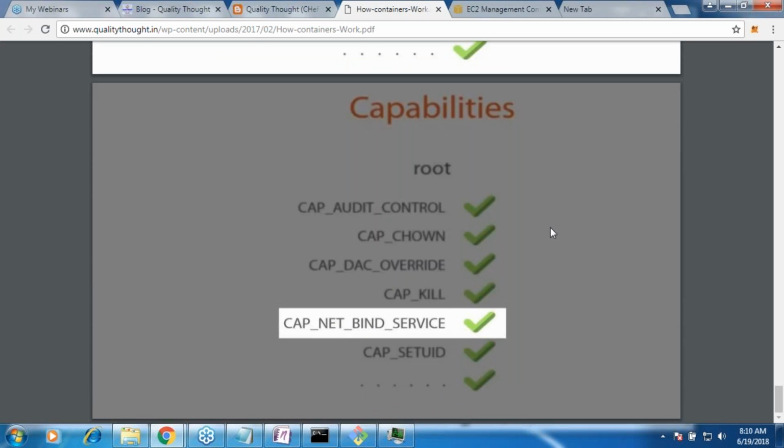You get only the capability of network binding service, not the other stuff. So you don't give sudos, but rather you give capabilities. This is not something which we do. This is something which the Docker engine gives to processes. It will not give all the sudo permissions. It will give capabilities. A capability is a specialized area where you get permissions.